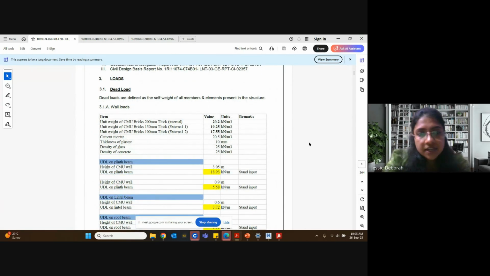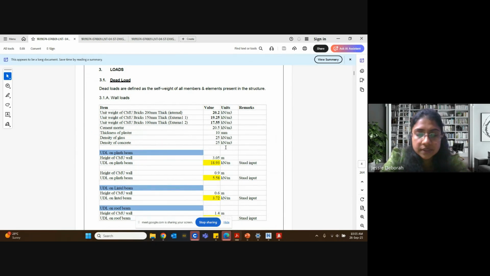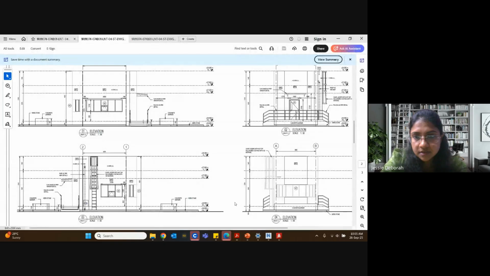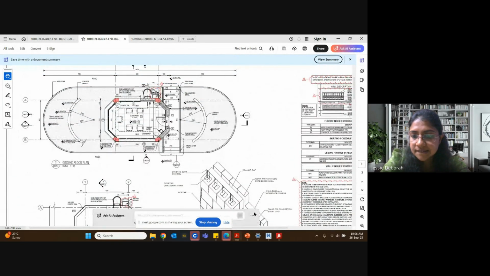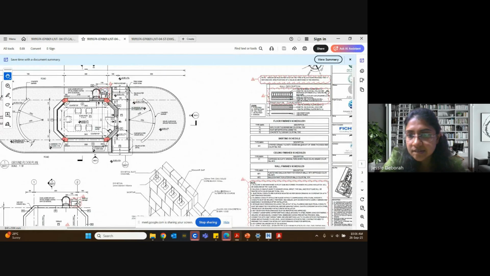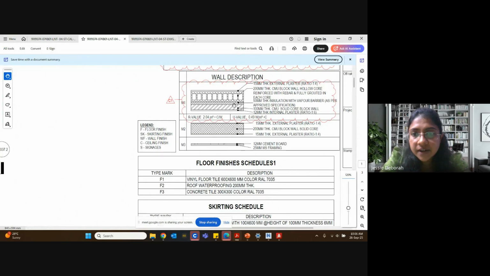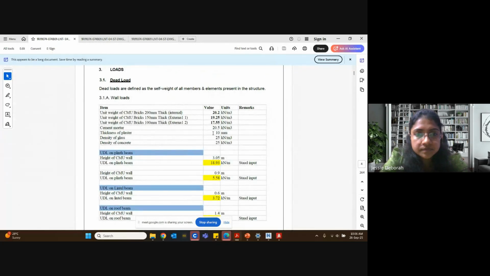First one, we will consider the block work brick. First one, the 200 mm thick. Now if you would have seen the kind of block work that we are using, and the unit weight of CMU brick, one, the 150 thick and 100 thick. Okay, so this is 100. This one is 200, but it is going to be hollow core. So they have considered it to be 200 thick is internal. Then we are considering 150 and 100 thick.